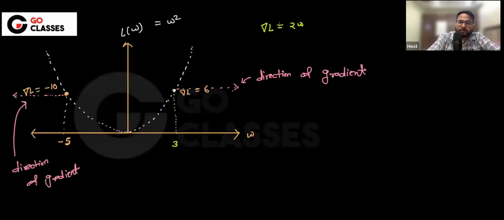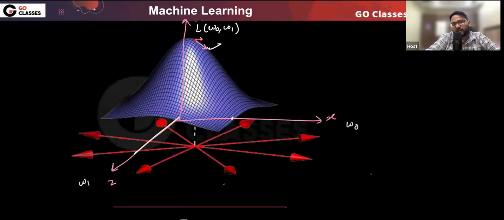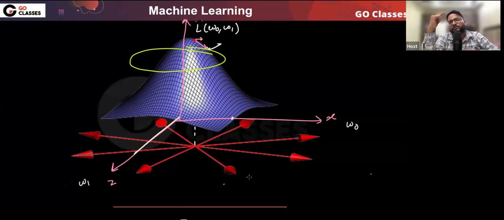For example, suppose this is the case. Since this is the loss function, imagine that I'm cutting it parallel to the y-axis with a disc or something. Then there will be a circle kind of thing if I cut it and see it from the top. Can you imagine that at that particular circle, the value of the loss function will be the same over the whole circle? Since you're cutting it,